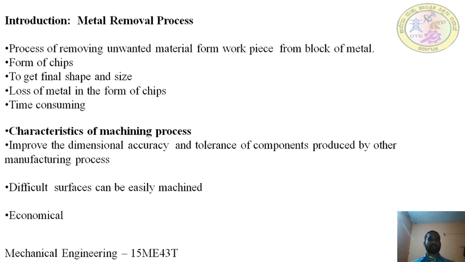So this conventional machining can be machined easily, but the component which requires more accuracy and a good surface finish and a good tolerance will be done by various non-conventional machining. That may be laser machining, ultrasonic machining. The metal removal rate in those machines is very low. So now if you want to remove 1 millimeter of metal by this process, it will take more than 1 hour. So every time it will remove the metal in terms of microns. So it will take a lot of time.